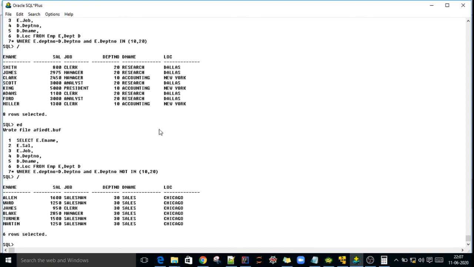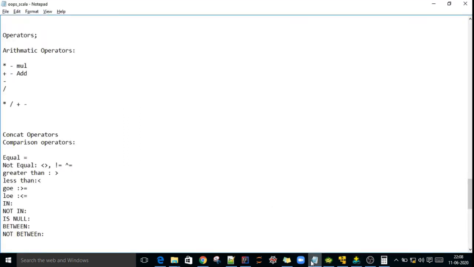See, NOT IN 10 comma 20 means other than 10, 20, so all information related to 30 came. So this is the NOT IN example. We'll see what else remains: besides NOT IN, we also see IS NULL, BETWEEN, NOT BETWEEN.